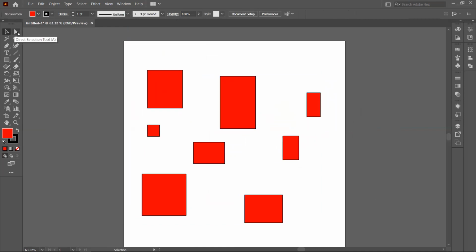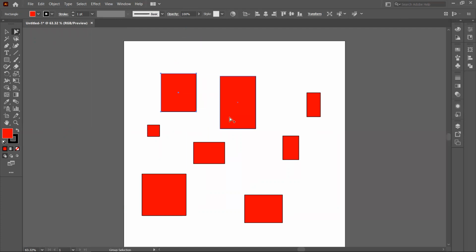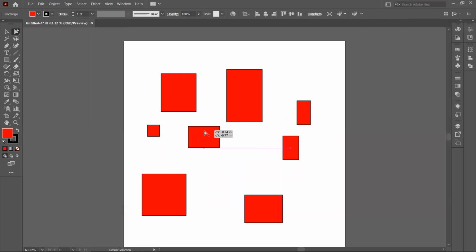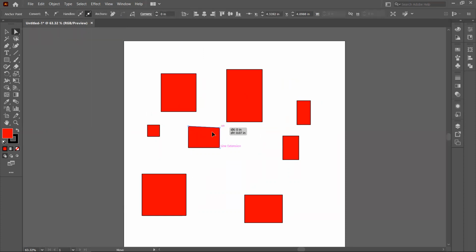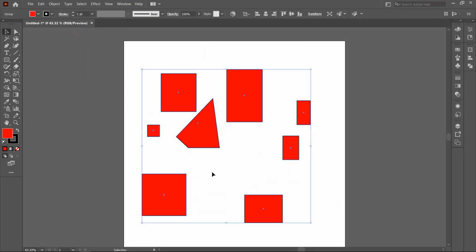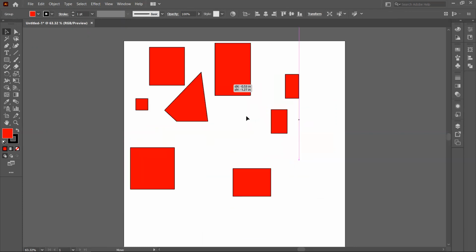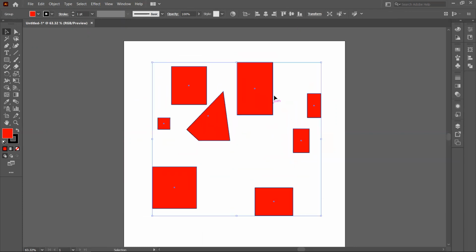So we are here. Let's go to our direct selection tool, right click, and then we go for the group selection tool. Now with the group selection tool, I can select individual objects in the group, right? So everything has been grouped in here, but with the group selection tool, I can select individual objects and move them. And even if I go here for the direct selection tool, I can work on the anchors right here. But when I go for my selection tool and I click, it selects everything because everything here has been grouped, or it's in a group. So to select individual,